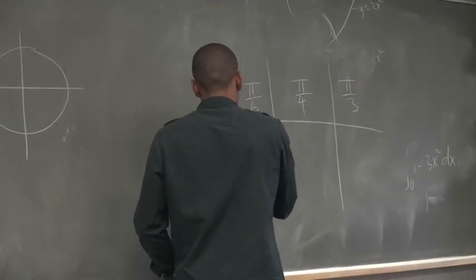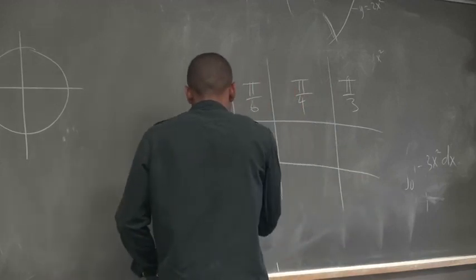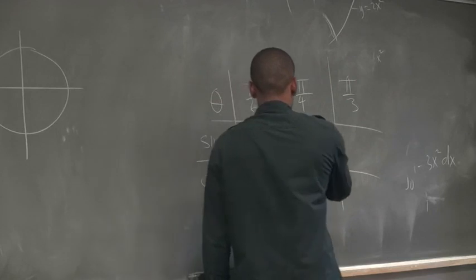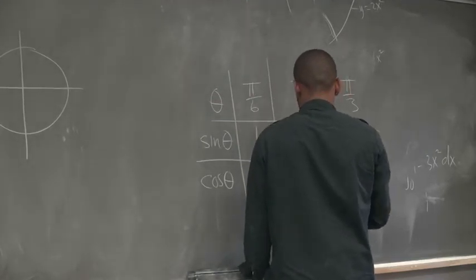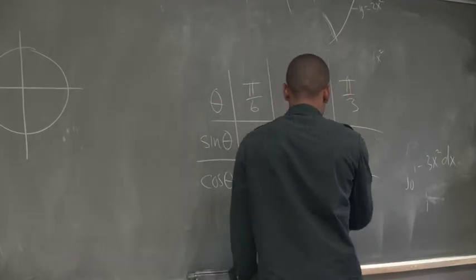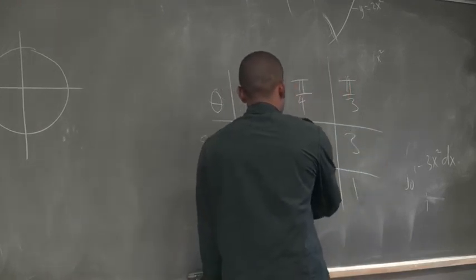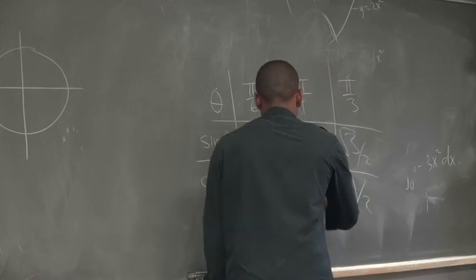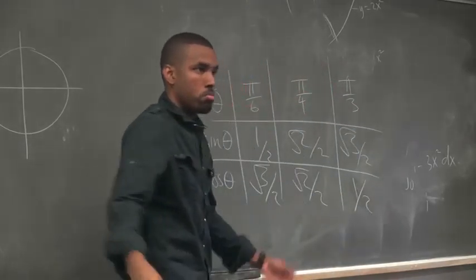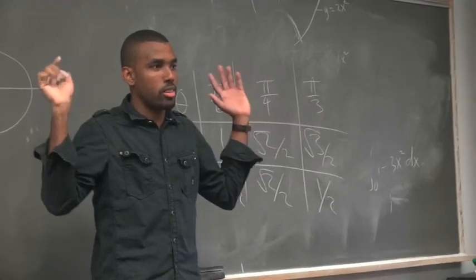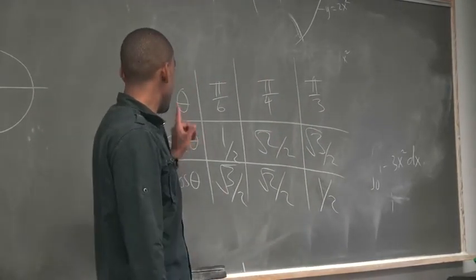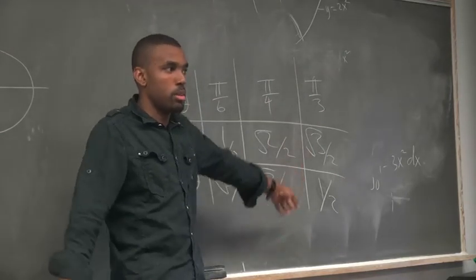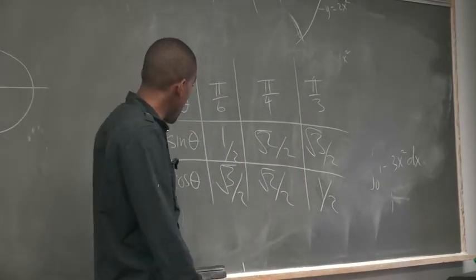The way I like to remember is just draw a table, which is really easy to fill out. Count up from 1 to 3. Backwards for cosine. Take the radical of everyone. Then divide everyone by 2. And you have all these things. You don't have to draw a triangle or anything. So now sine of pi over 6 I know is a half. Cosine of pi over 4 I know is radical 2 over 2. All that stuff from the table is pretty easy to figure out.